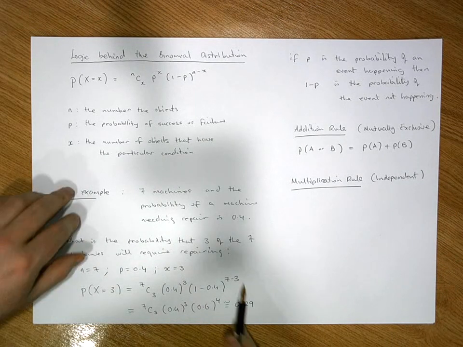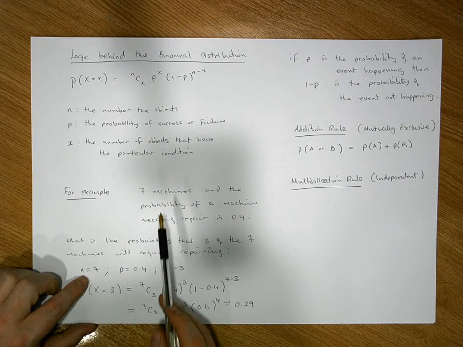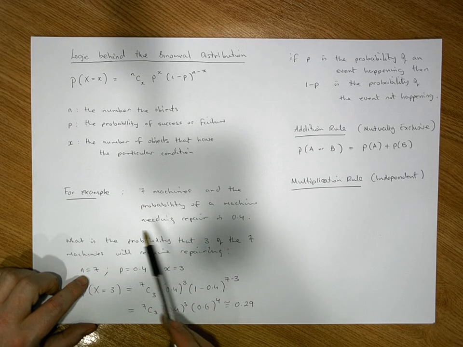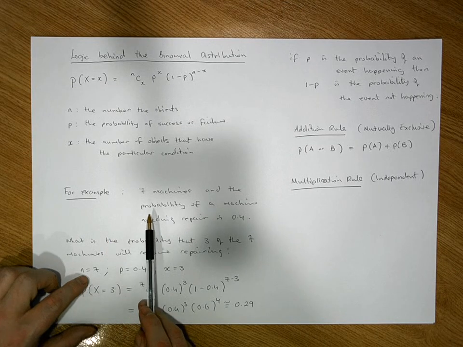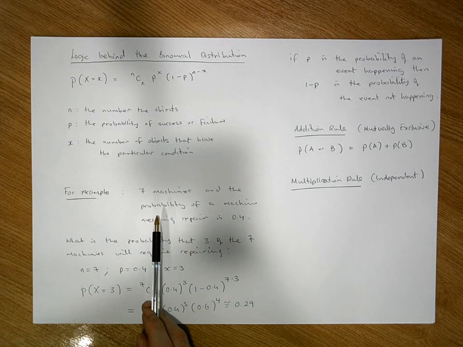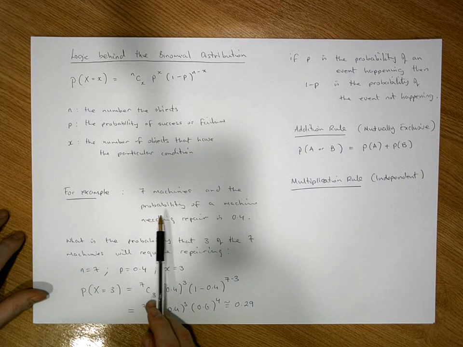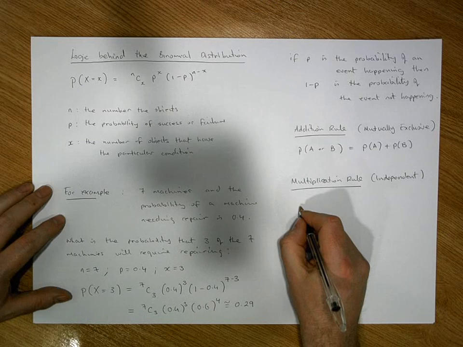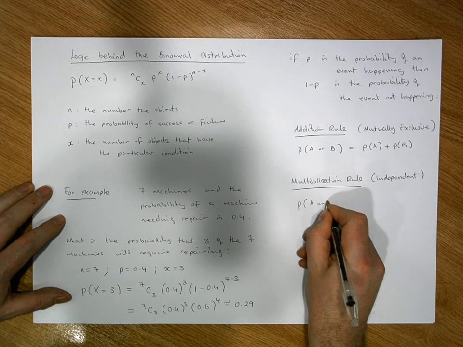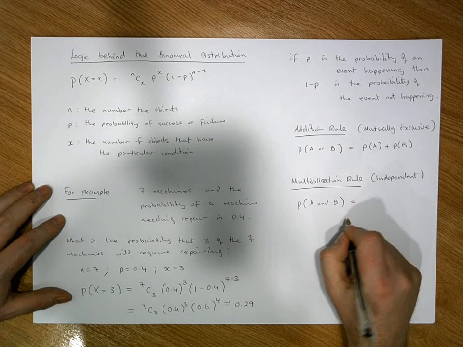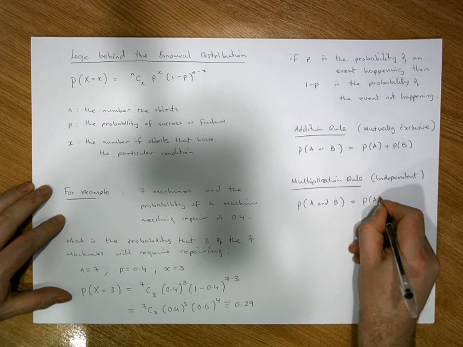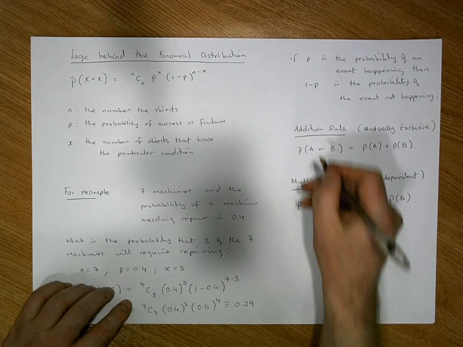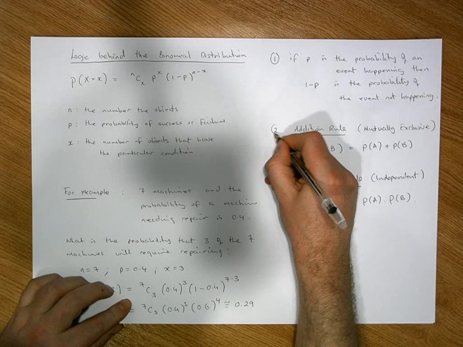So what we're going to assume, let's say in the machine scenario, is that each machine is creating the same type of widget or product. It's not the case that the first machine's output is passed into the second machine, which is passed into the third machine, and so on. So there's no dependence. They are independent of each other. And what the multiplication rule says is that the probability of A and B occurring is simply equal to the product of the individual probabilities. So it's equal to the probability of A times the probability of B when they are independent. So these three particular rules we're going to